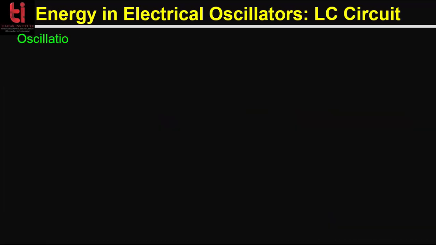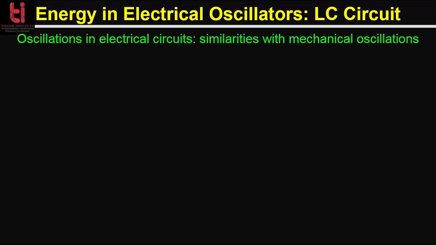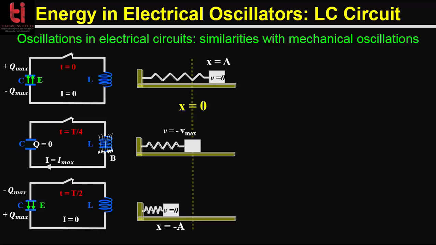So now we are going to compare this electrical oscillator with the spring mass system, which is actually an example of a mechanical harmonic oscillator. So we have the initial condition, that is at t equal to 0, the charge on the capacitor has its maximum value, that is Q equal to Q max. No current is flowing in the circuit, so there is no energy contribution from the inductor. This is actually equivalent to the expanded spring mass system where v is equal to 0 and the energy is all potential.